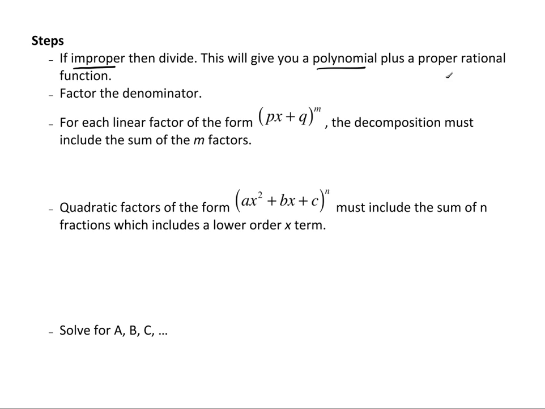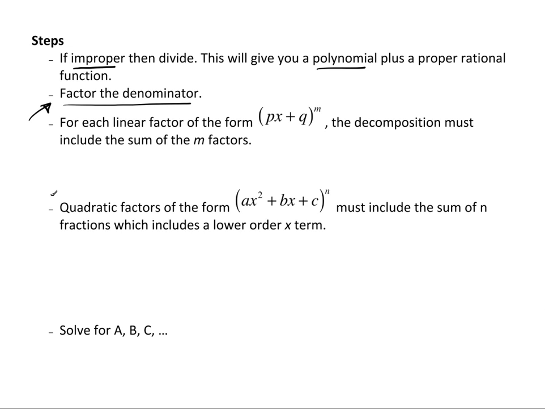So I'm going to take this proper rational function and factor the denominator. If I have to, well, I will probably have to. It could be that I end up with something that I can just go ahead and integrate right away. Maybe a u substitution will work now. But you're probably going to have to factor the denominator. If it's not an improper rational function to begin with, then you start off right here with the idea of